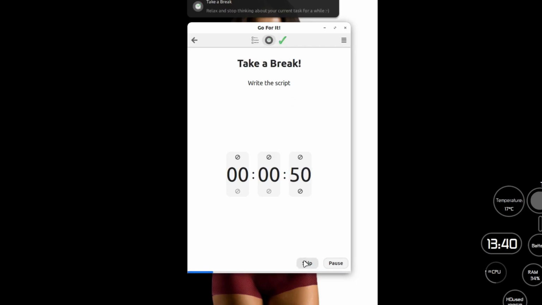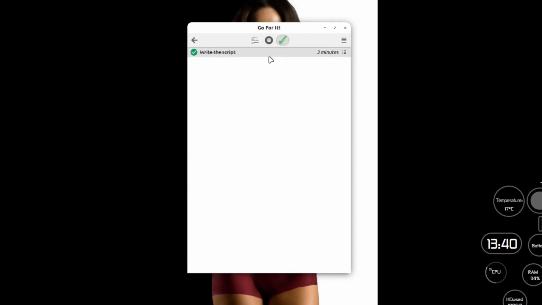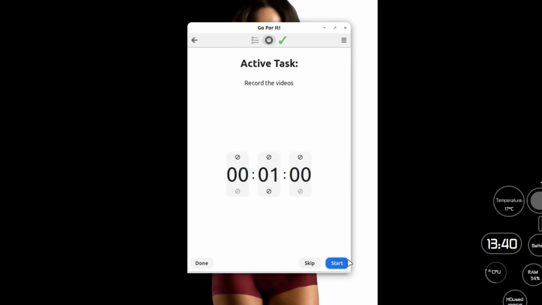Now I can simply skip it and hit the done button here. This will complete the task, and if I go to this section, it will show me that I have done this work here. So I can start my second task here. I can click on it, go to the timer section and start my work from here. This way you can manage your time, and it will also notify you for taking breaks,